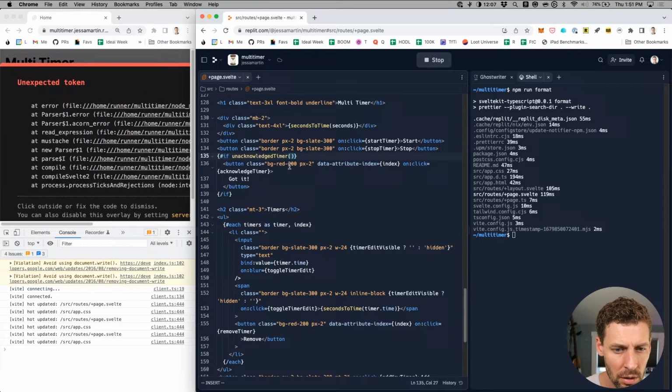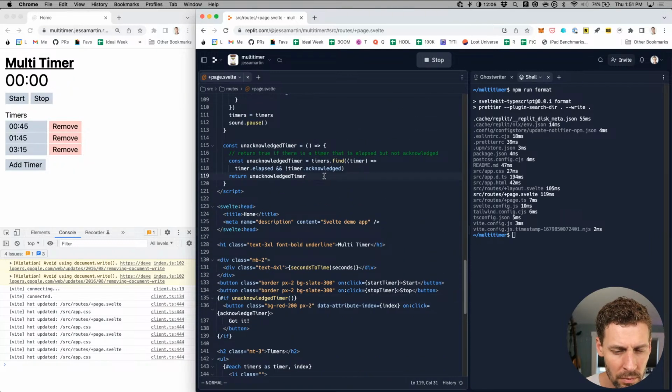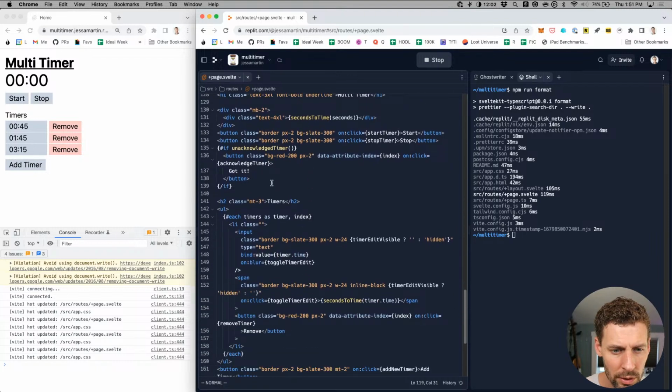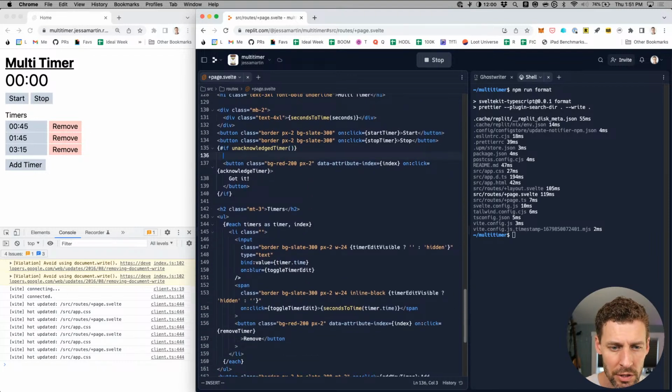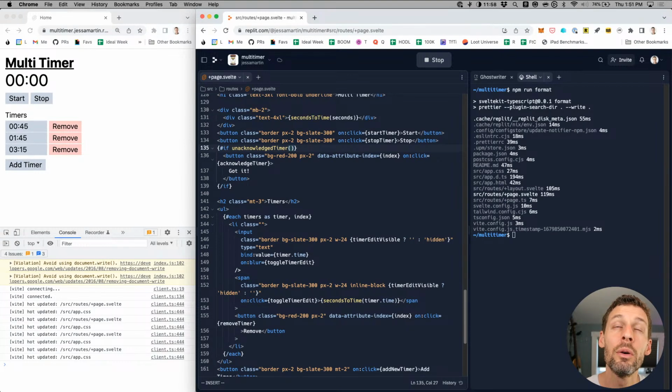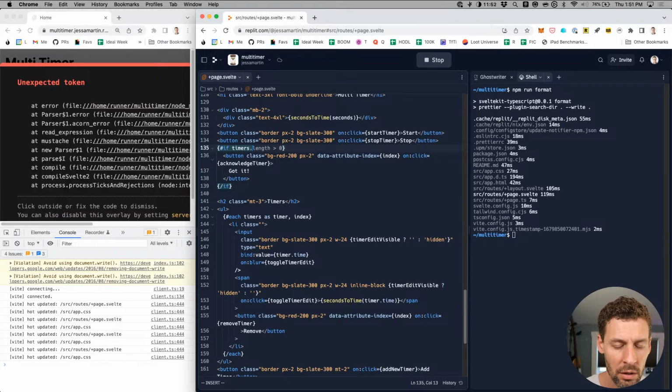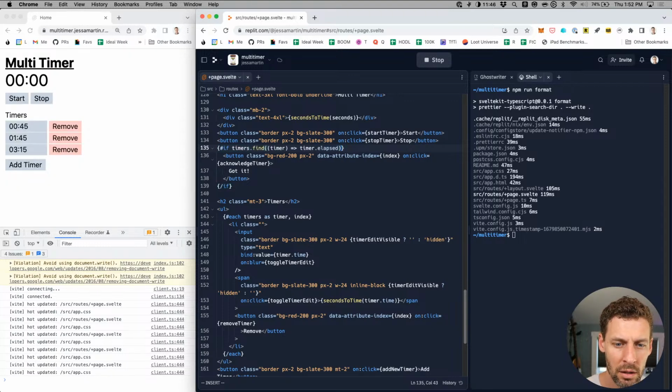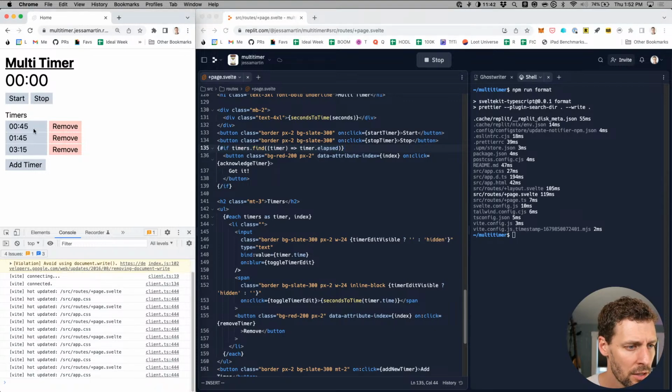Oh yeah, this will probably run only once instead of running every time. So what we want to do is, oh, we could, yeah, let's try that for a sec. Do the find.